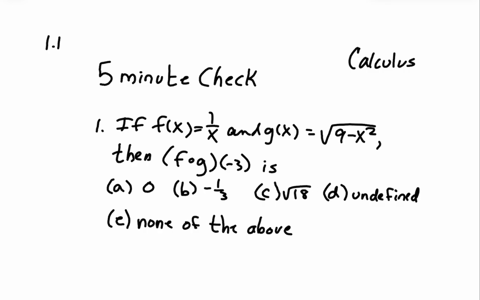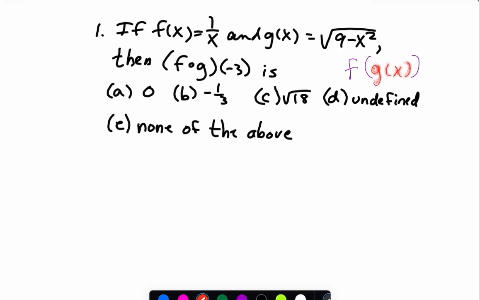Okay, so when you look at this problem, one of the things you have to remember, this notation. So that is a composition notation. Remember that that means f of g of x. That really looks like a crayon, doesn't it? Anyway, so if you do that,